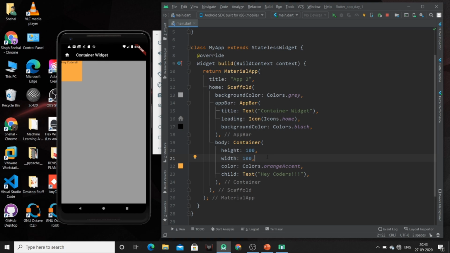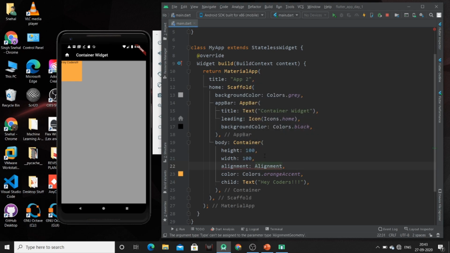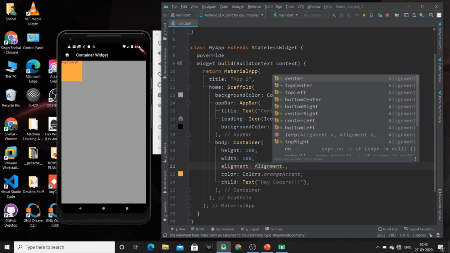Now if we want to specify the alignment of our child, then we can use one property which is called alignment, and we can specify the alignment of our child by using this alignment dot. These are the positions available, that is center, top left, bottom center.